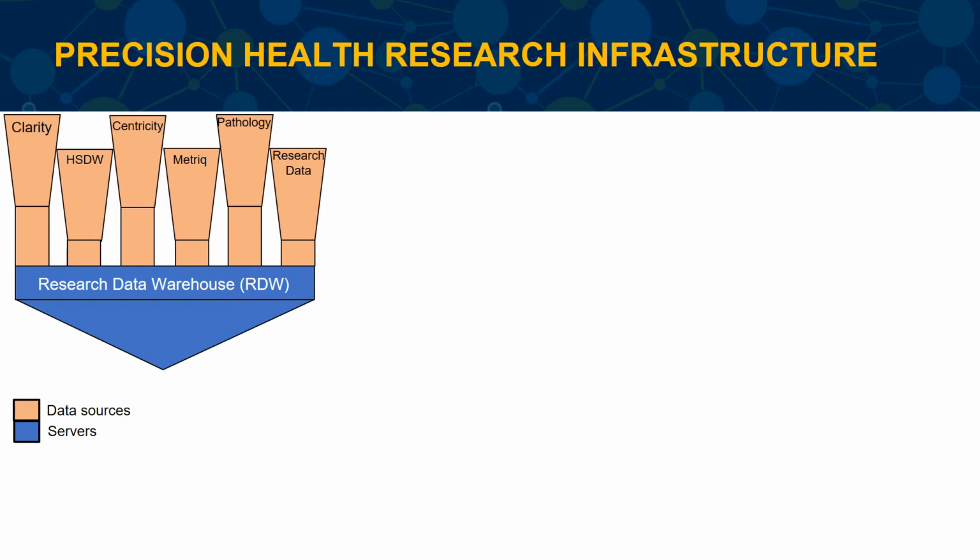Some of the data from these sources then feed into what we call the Research Data Warehouse, or RDW. The data from RDW then feeds into applications like DataDirect, which is a self-serve tool for researchers to use. This specific self-serve tool enables researchers to find eligible patients for research, as well as do retrospective data research. The Michigan Medicine instance of DataDirect is updated daily.